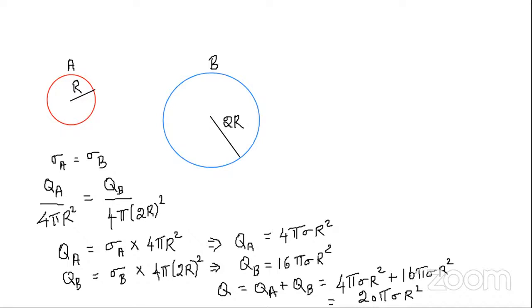So the QA and the QB, the total charge, that is 20 pi sigma capital R square. After bringing these two spheres in contact with each other, now what will happen? There will be redistribution of charges, and due to that, after bringing the spheres in contact,